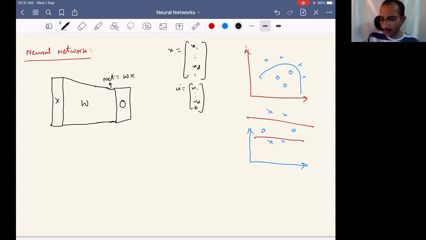If there are multiple outputs, then each output will have one connection from all the inputs. So there will be a W transpose X for each of the outputs. Hence the output relation, where O is O1 up to OC, there are C classes, becomes a matrix. Is this clear? Is this notation clear? And O is equal to F of net value. Is this notation clear or not? If it is not clear, you should ask me.